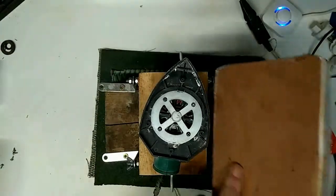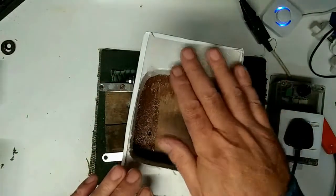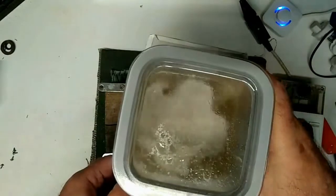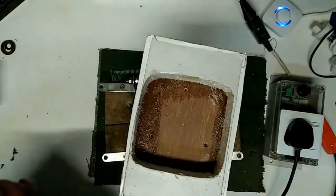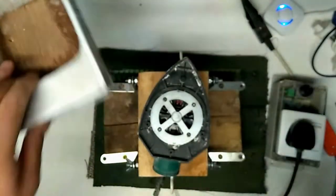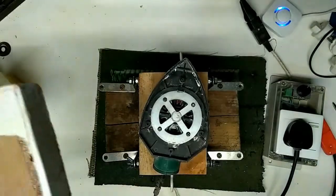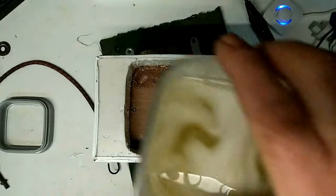I've cut a bit of plywood that fits those 4 screws, and I've used polystyrene so that I can fit a wet media container in there, but I have different sizes. But they fit the same holder. So let me go offline while I screw this on. Okay, so